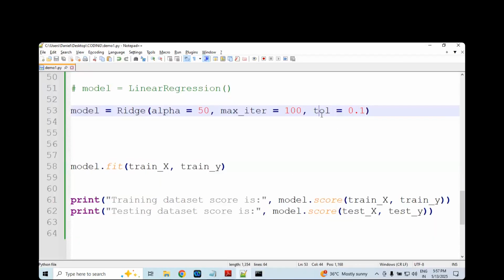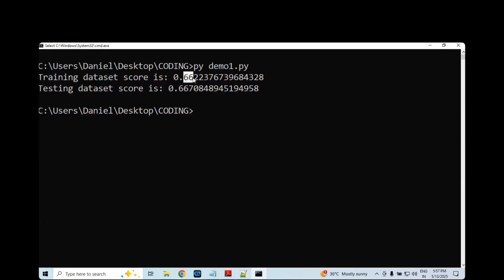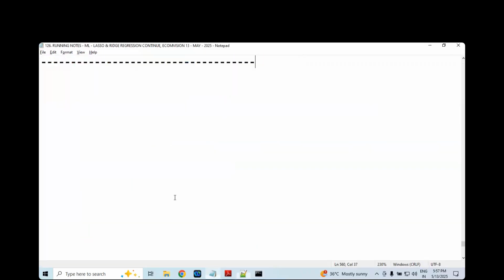This one is called the learning rate. Learning rate in the sense, whenever the error value is changing, it is not too drastic. Based on this 0.01, 0.02, slowly by slowly it will be changed. That's what is going to happen. This one will be somewhat good, 66, and here also 66. Take this example.